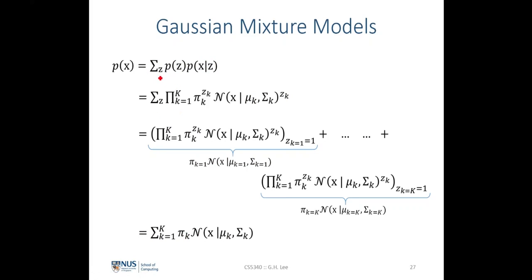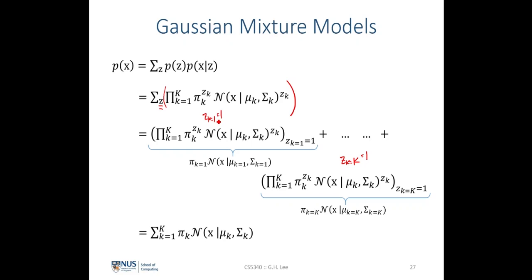Now, since we are marginalizing away over all the states of z on this product term, we can see that the first case would be to marginalize over zk equals to 1 is 1, and then all the way until marginalizing over zk equals to the kth class equals to 1. In this product term, we have a product over all the kth classes in our mixture Gaussian probability distribution. And since we are after the case where k equals to 1 equals to 1,